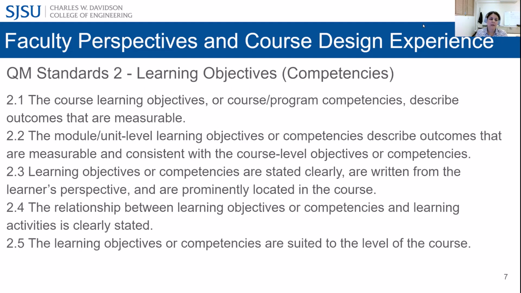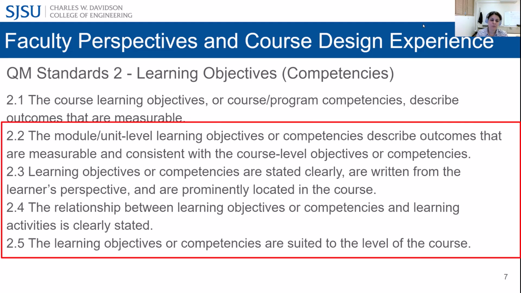Then QM Standard 2, Quality Matters, specifically looks at the learning objectives or competencies, like how they should be written and how they should be assessed, and what the relationship is between these learning objectives and competencies in the course. To put it in a nutshell, Standard 2 talks about how you design your learning objectives, and Standard 3 talks about the specification of the assessment tools that we use and how you can align them with